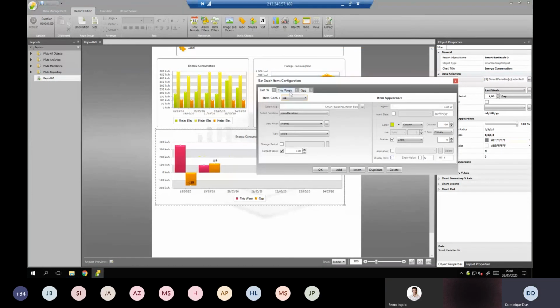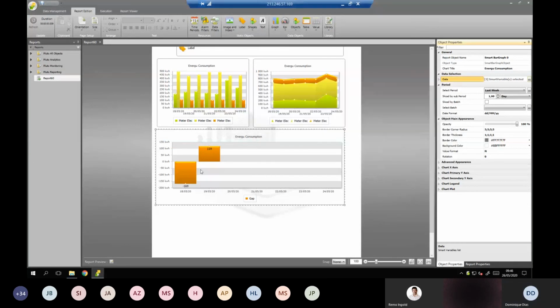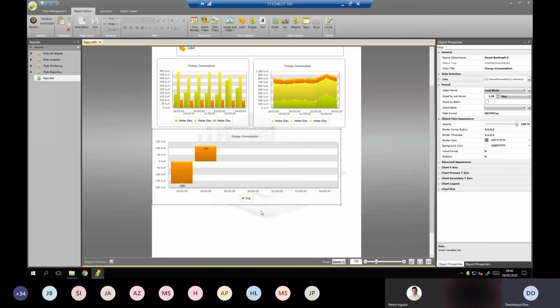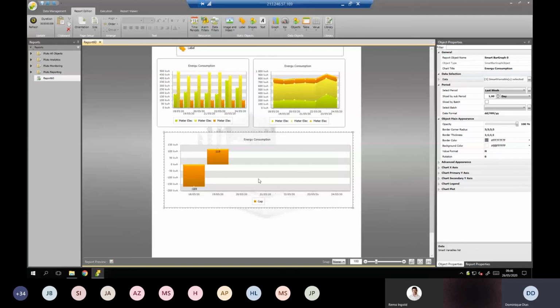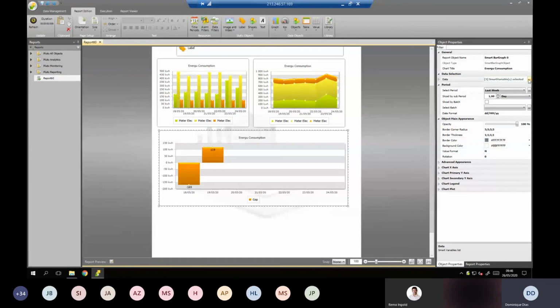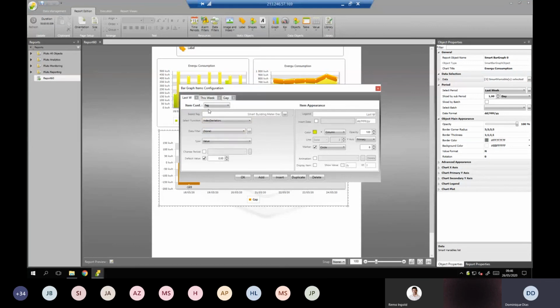I can hide them to just see the result of the gap between them. So the fact that we can directly in the object manipulate values together and put them into expressions is very interesting for customers that want to, for example,